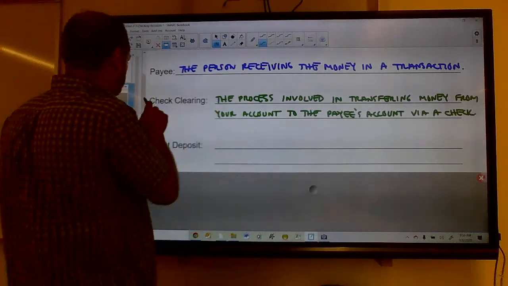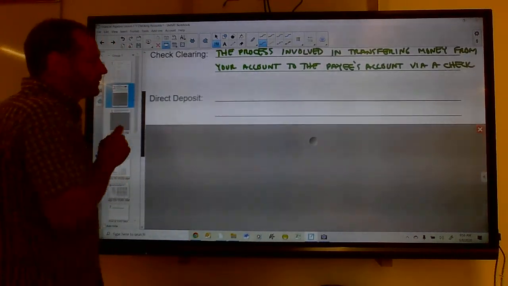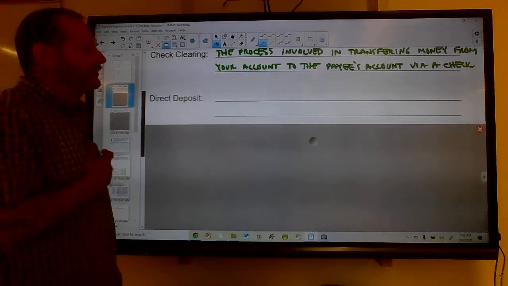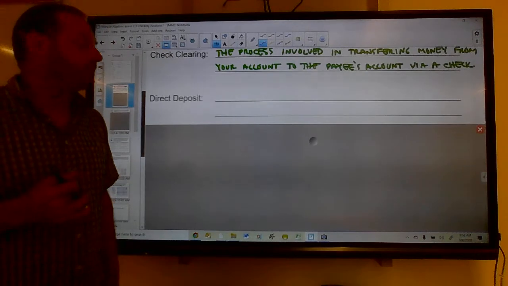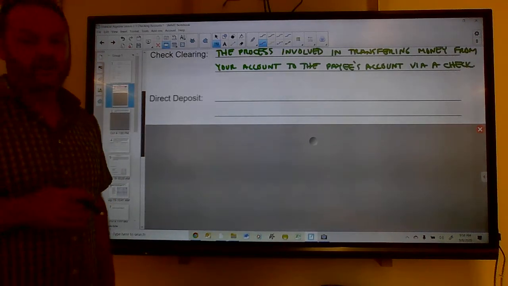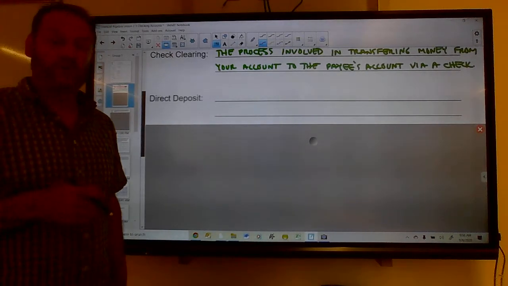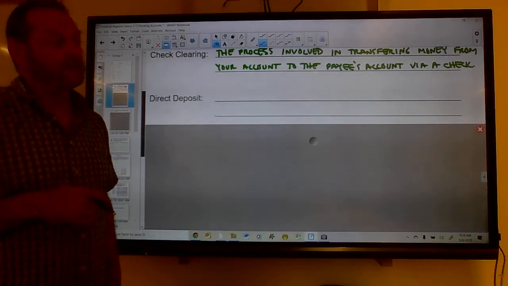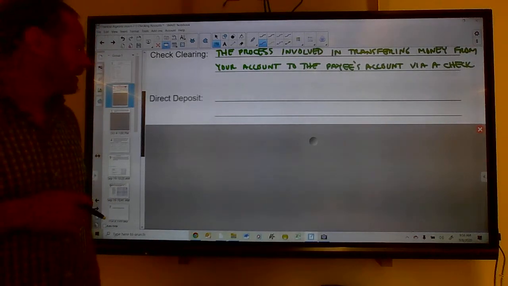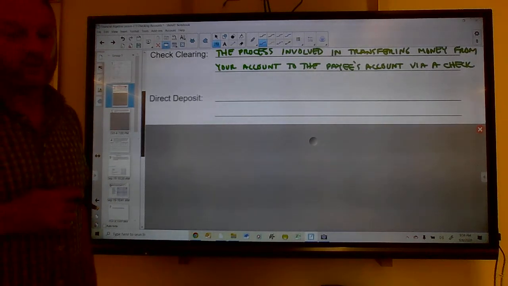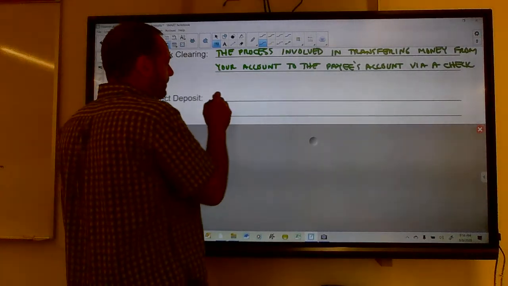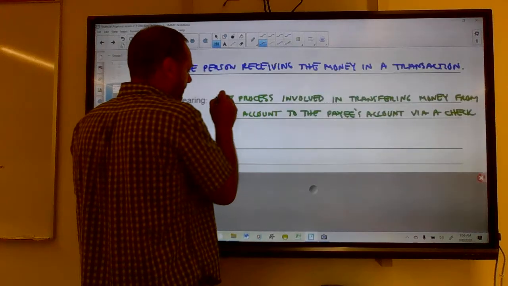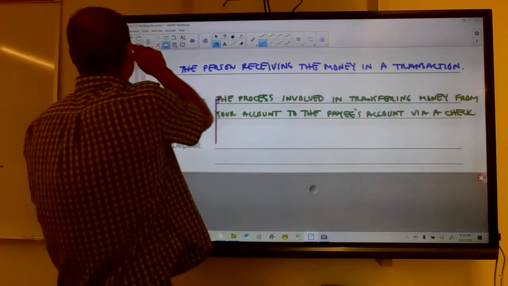Direct deposit. Okay, direct deposit, which most employers do now. There's hardly any that'll write you a check. Usually you get a check, maybe your first paycheck, sometimes your last paycheck. But in between, they want to set it up on direct deposit because they can do it quicker and easier and cheaper. So what is direct deposit? Direct deposit is